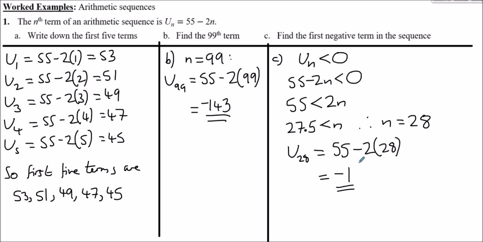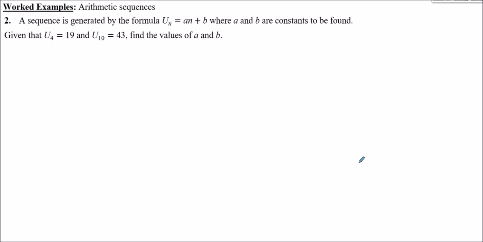Let's have a look at worked example 2. This one here, we have a sequence which is generated by this formula: u subscript n is an plus b, where a and b are constants to be found. We're told that the fourth term, u4, is 19, and the 10th term is 43. Find the values of a and b. So using this idea first, that u4 is 19,